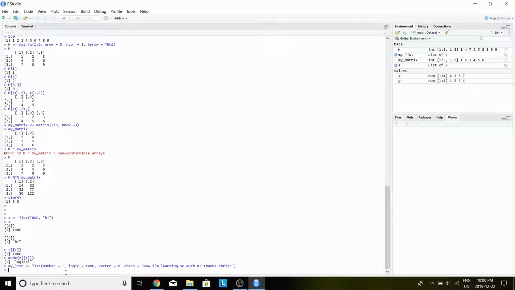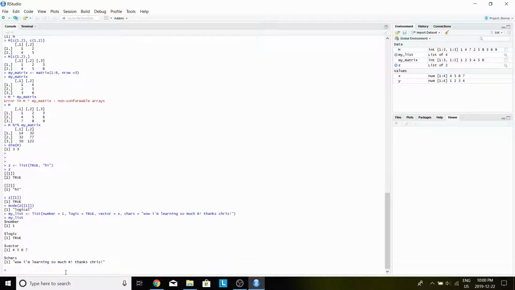So we can do something like that. Let's take a look. And we can see we have 4 elements. They're all named, so that's what this notation means. Our first element's name is number, and it's got a value 1. And as you could probably tell by this notation, you can access elements of lists by using the $ sign. So my list $, and then RStudio is nice. It'll give you the different named elements here that we could pick from. So let's say we want our number,